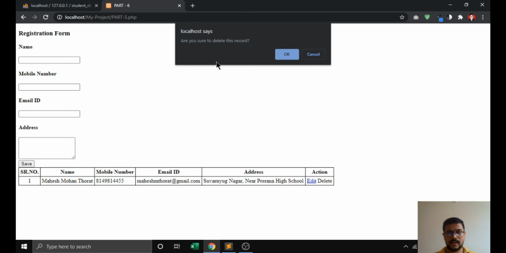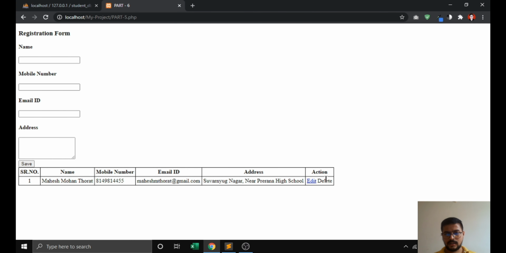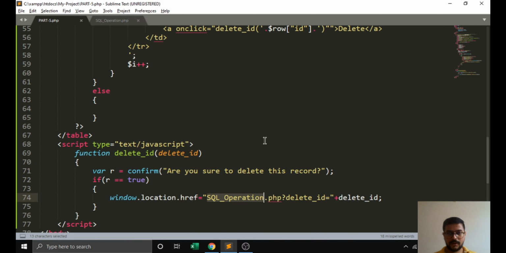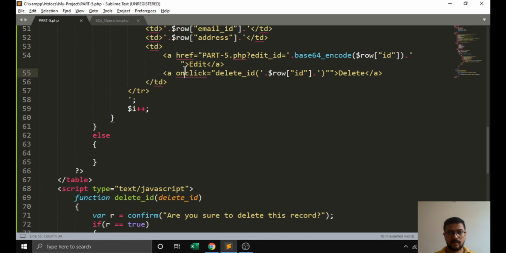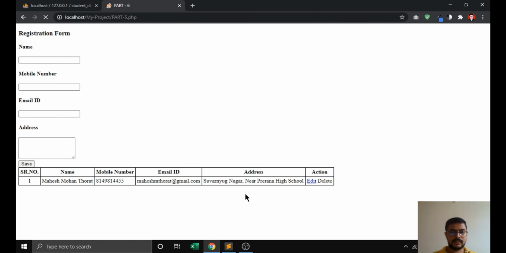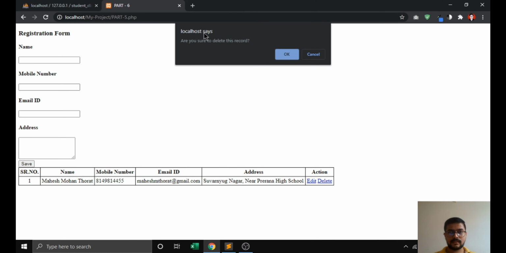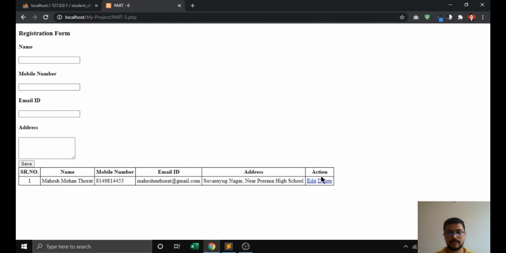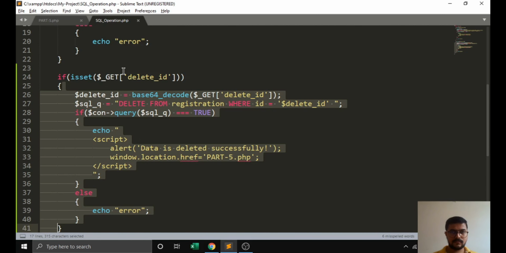Here we are getting it, but it is not highlighted. Our function is calling but it is not highlighted. For that we are creating href here. We are writing javascript colon. We get back this, and we are getting the blue anchor tag, and we can ask, are you sure to delete this or not. If I press cancel, then it will not get deleted.